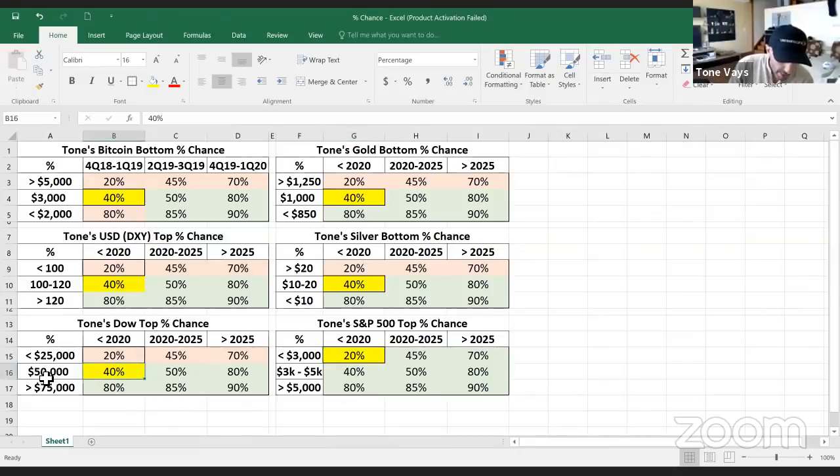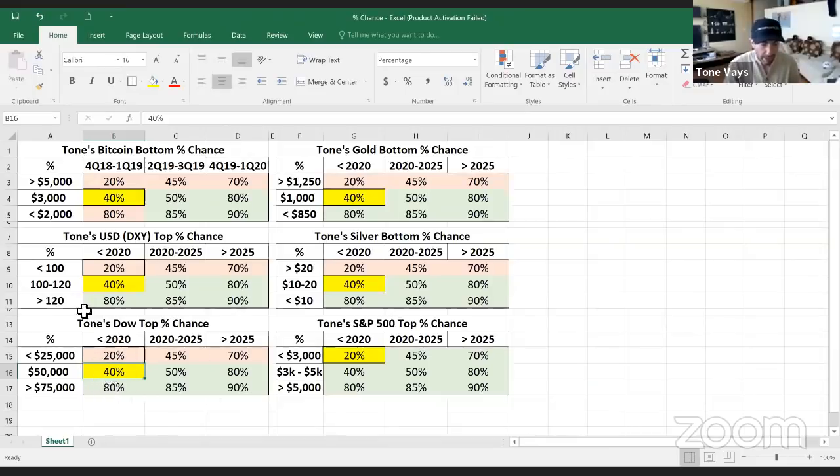Let's just say that right here for the Dow Jones, I am a lot like this is like an average between the Dow and the S&P, I'm just rounding numbers here. I think the chances that the Dow has topped is actually less than 40, but my chart just takes the